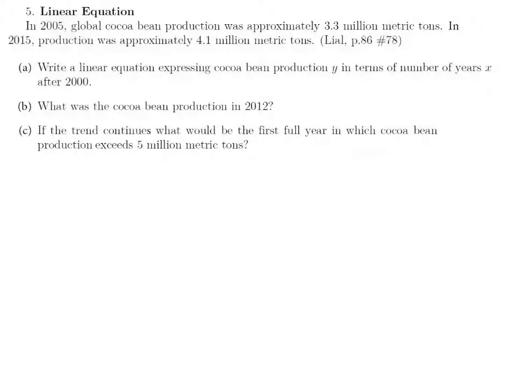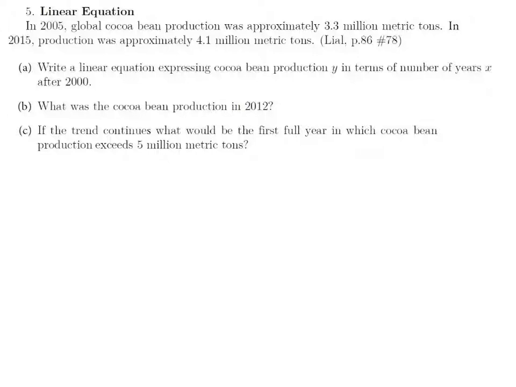Let's have a look at this question. This is week 1, question 5, linear equation. The question reads, in 2005, global cocoa bean production was approximately 3.3 million metric tons. In 2015, production was approximately 4.1 million metric tons. Part A says, write a linear equation expressing cocoa bean production Y in terms of the number of years X